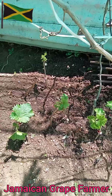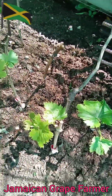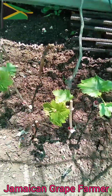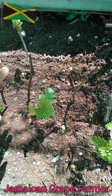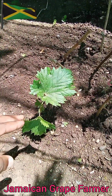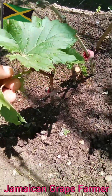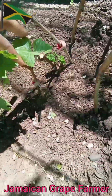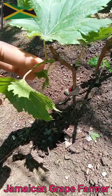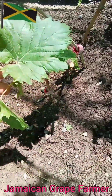So we're on the outside and here are some cuttings that I planted the other day. I will only be transplanting one of them because these over by this side are a bit young. They aren't ready to be transplanted, but I'm gonna transplant this one. I observed that the top part of this shoot here has fallen off, but that won't be a big problem. After it sets in the ground, it will push out some shoot from either of these areas or even both, so that's no big deal. But this is the one that I will be